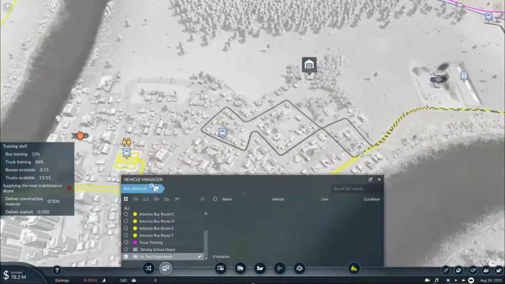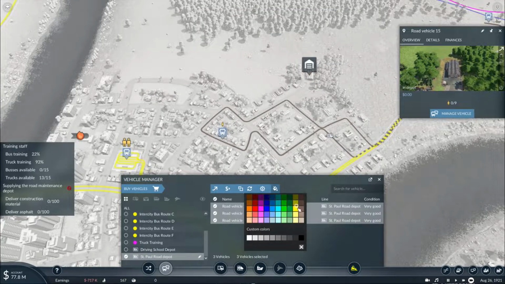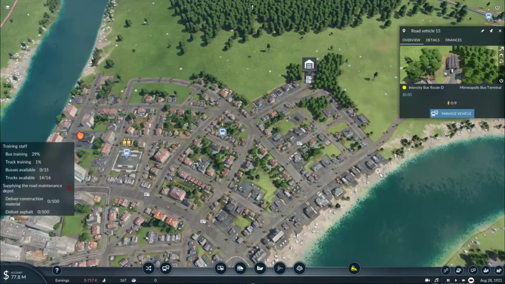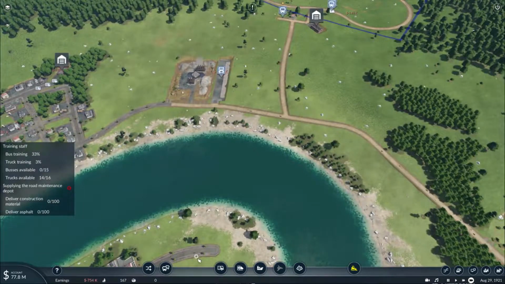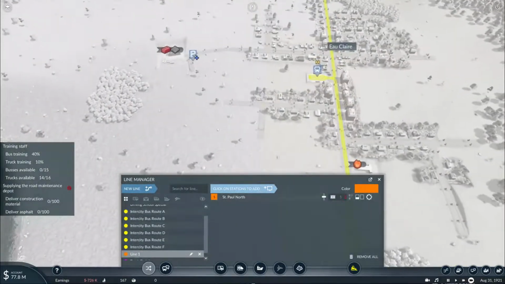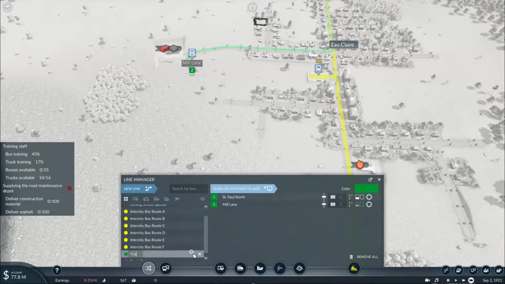And before we do that, I now have enough for 3 more buses, this time to finish one of the intercity bus routes, bus route D. But now, we gotta get our truck service up and running. We'll deliver asphalt to this location, as it's the fastest route. We'll call this Truck Service A,